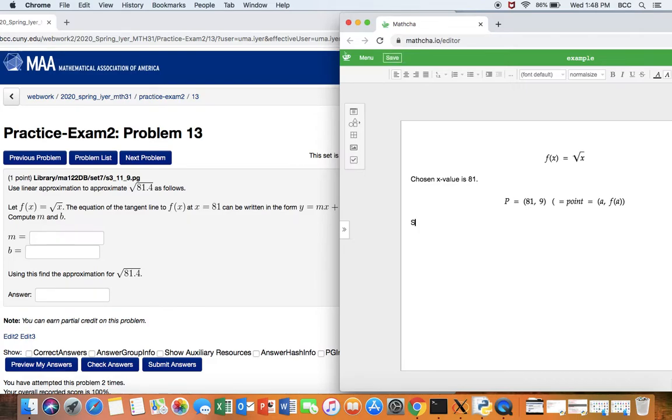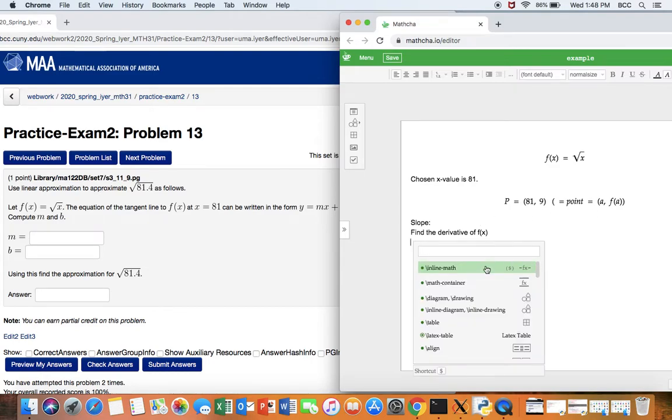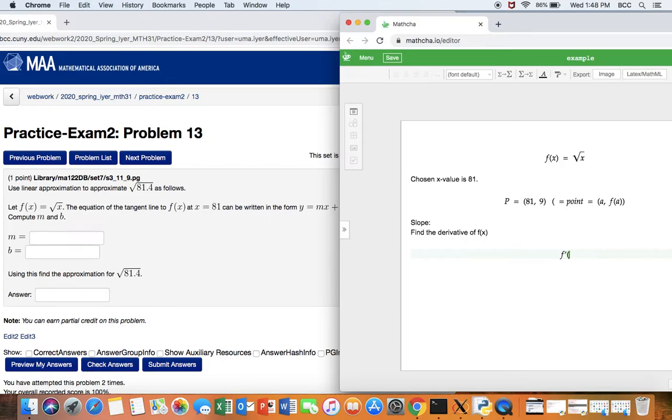The next part we need, next ingredient we need, is slope. How do we find the slope normally? We find the derivative of f(x). Okay, so let's try. The derivative of f(x) is f prime of x. Aha! So square root x. If you remember, how do we understand square root x? It is x to the power 1 over 2. So the derivative will be, the power has to come down,